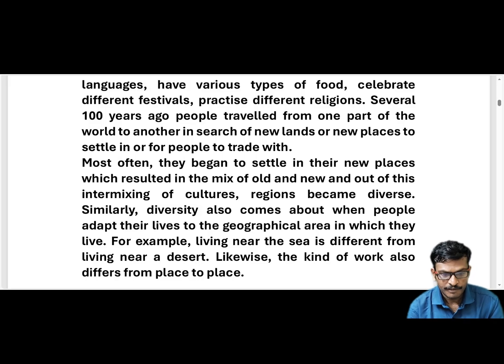And different, so here in India, the kind of work is also different from place to place. According to that place, their work is also different. In one place, one kind of work is there, in another place another. According to their climate, according to the geography, which includes climate, there is a difference from place to place. This is all about diversity.